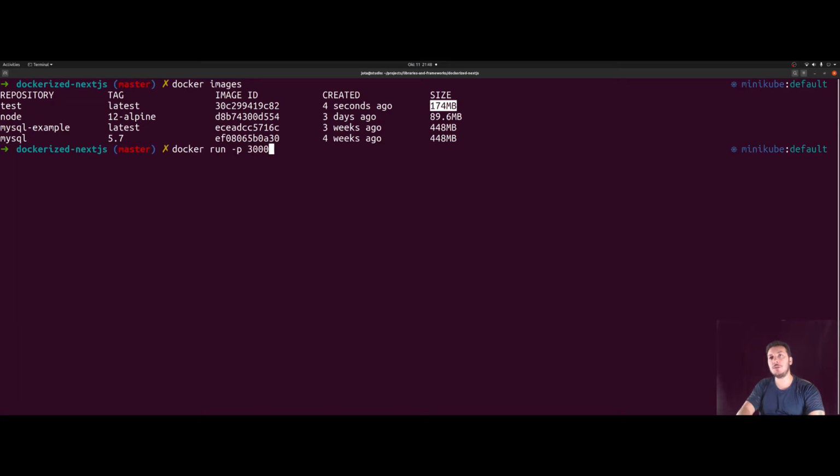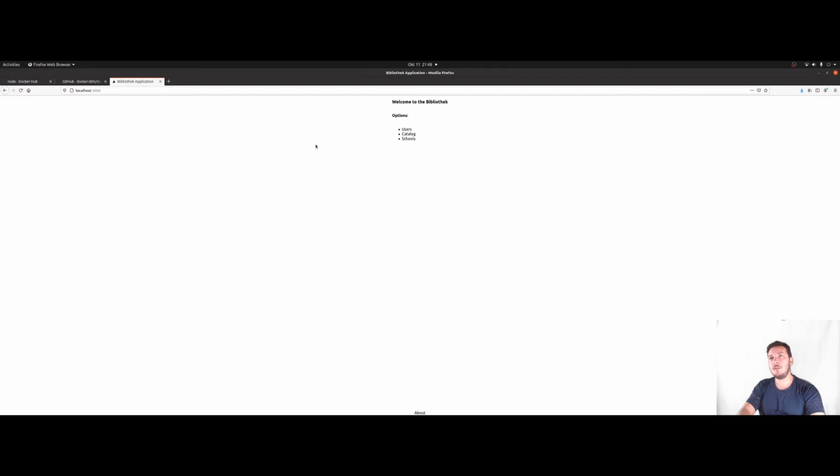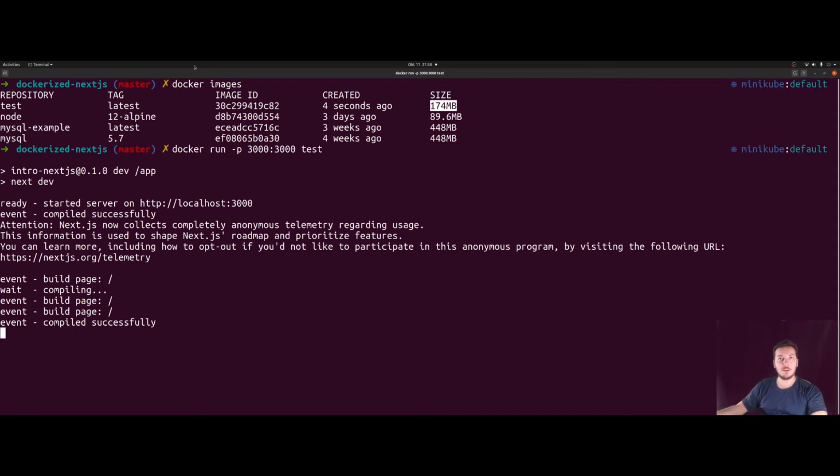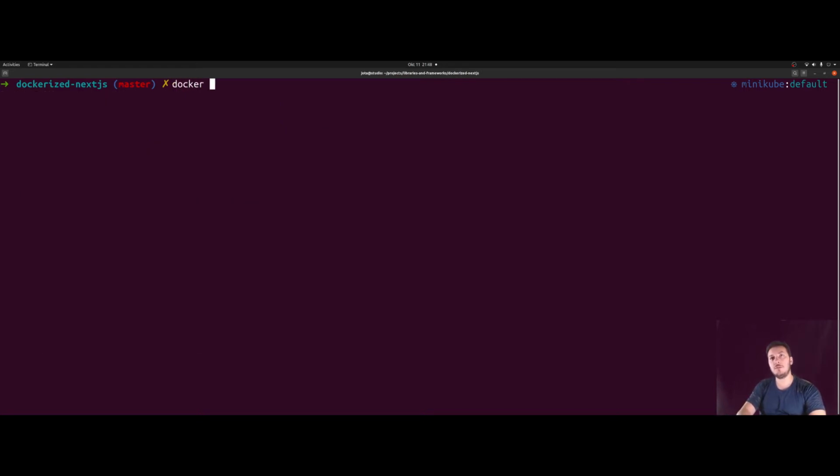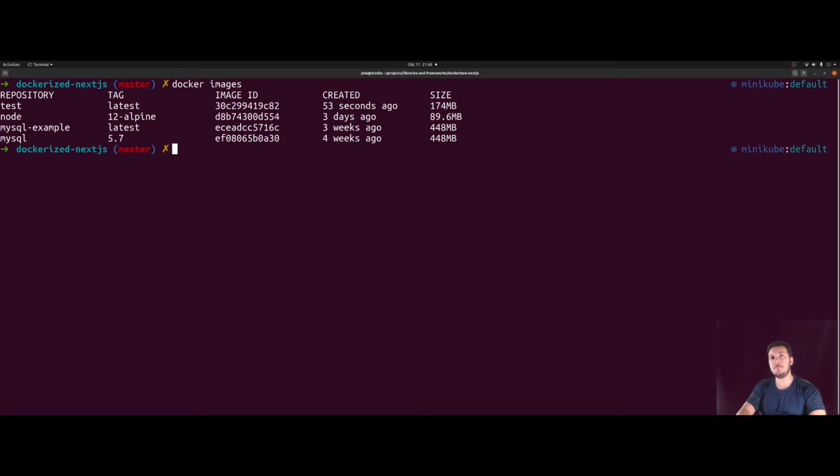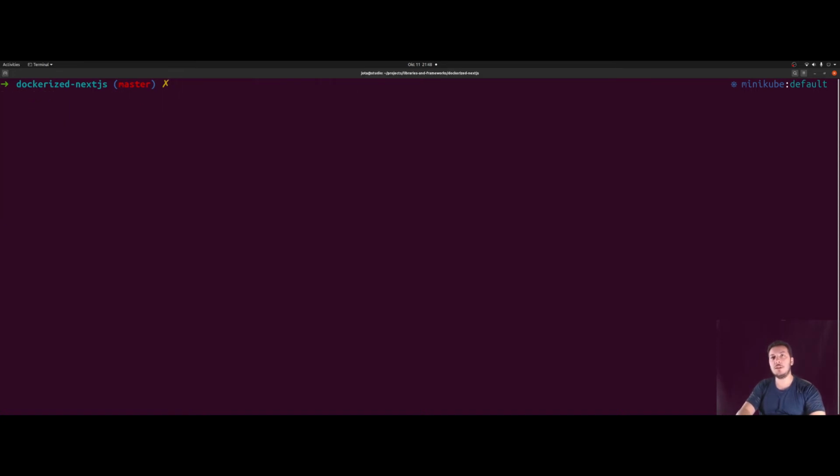Minus p 3000. I remember it was in 3000, and then here. And it's everything there. Okay, perfectly fine. Attention, nextjs now collect. Okay, perfectly fine. So we have our development image. I'm going to remove it,